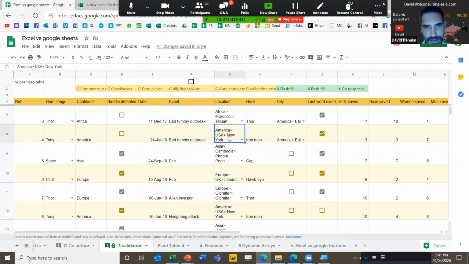But anyway, what I love about this is that you can just start typing New York and it gives you that option, right? You can start typing USA and it still gives you those options.